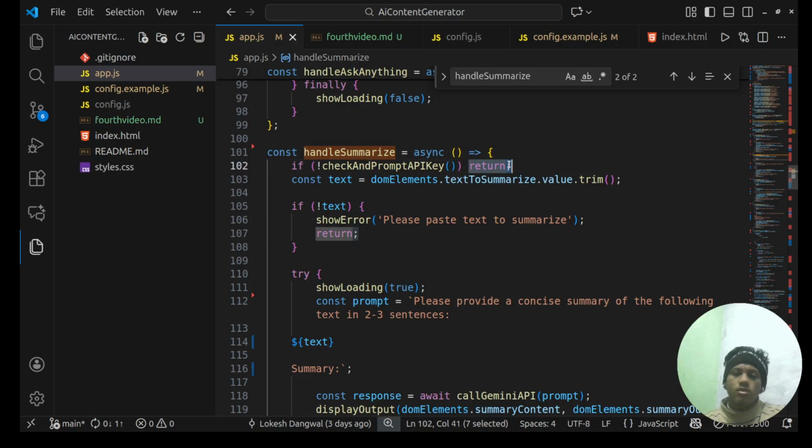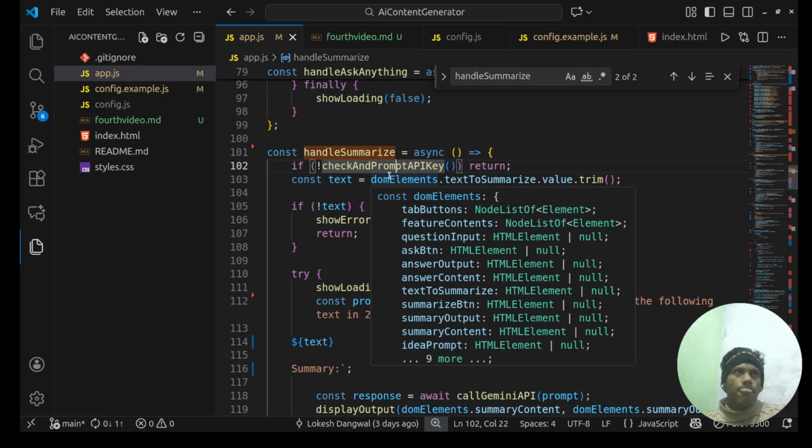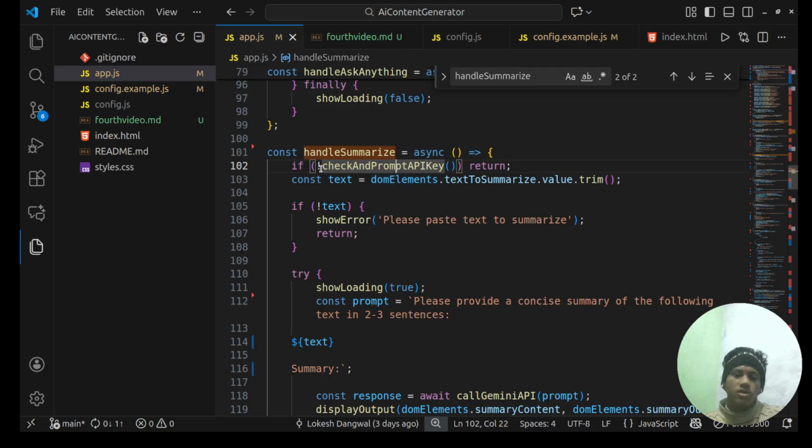When it returns a false value, the exclamation mark converts the false value into a truthy value, and when it is true, the block of code will run.